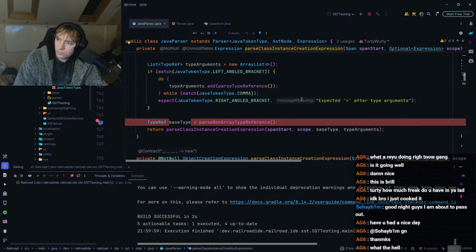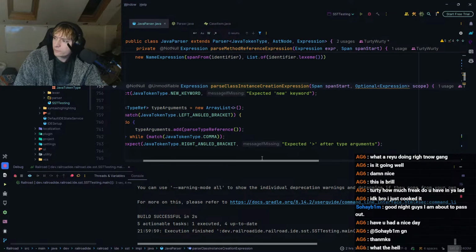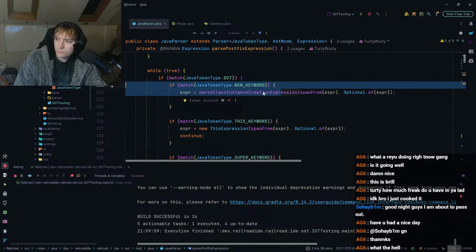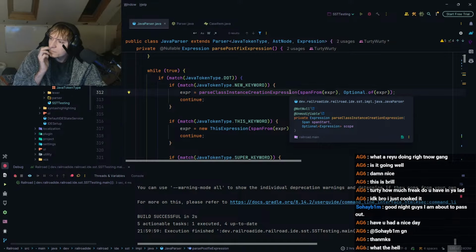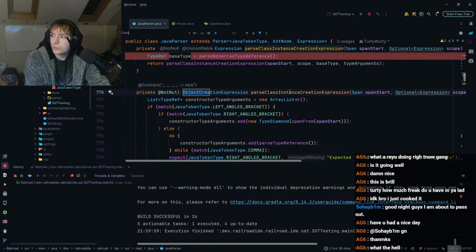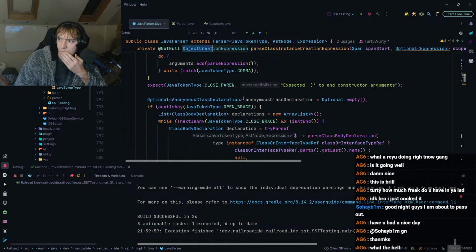What? Okay, that means it's failing before it's reaching this method? Which doesn't make any sense. Object creation expression, which is here. Oh.